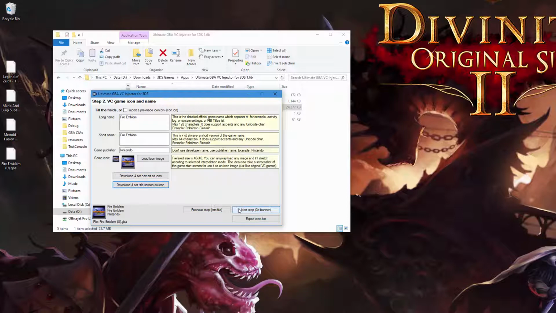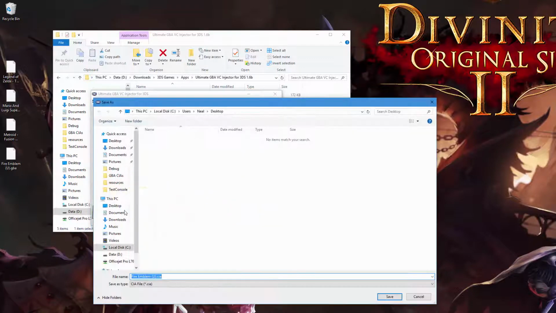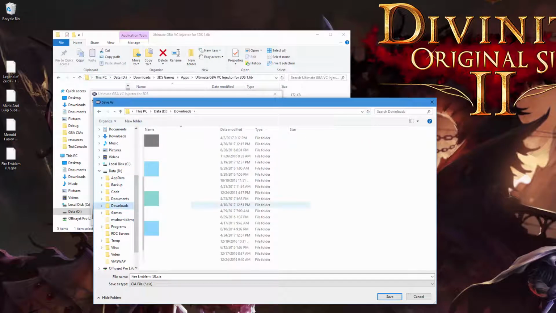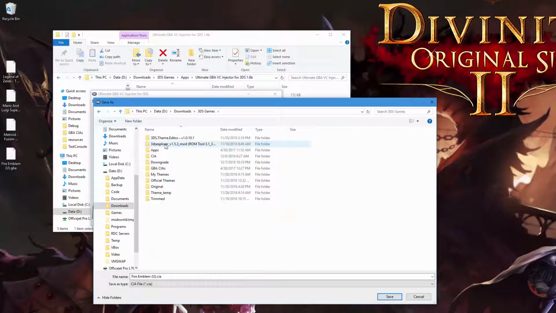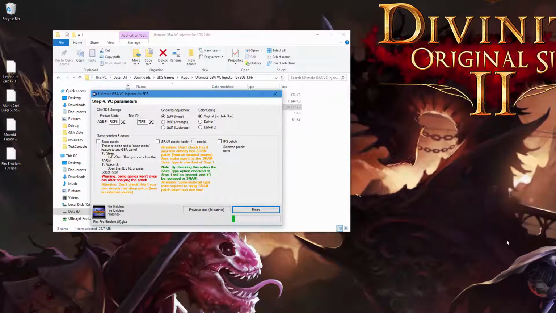You may have errors. Some of these ROMs that I had are really old and they errored out when I tried to do this, but you can retry a couple of times. Sometimes you get lucky, the second or third time it'll work, and some of them, maybe the dump that you made years ago just isn't functional anymore. Unfortunately, I just didn't have any luck with this particular Fire Emblem ROM here, so I didn't end up getting that one. So I may look around to find another copy of that,